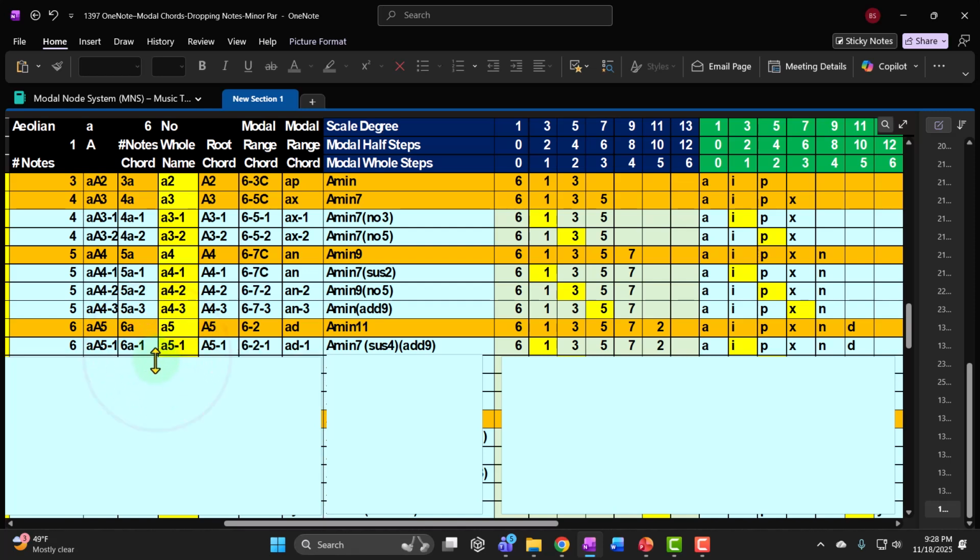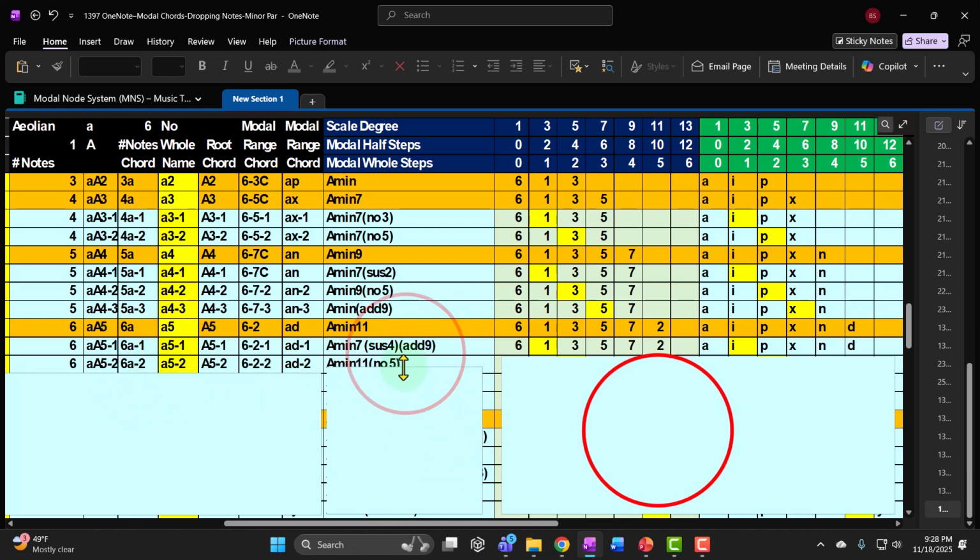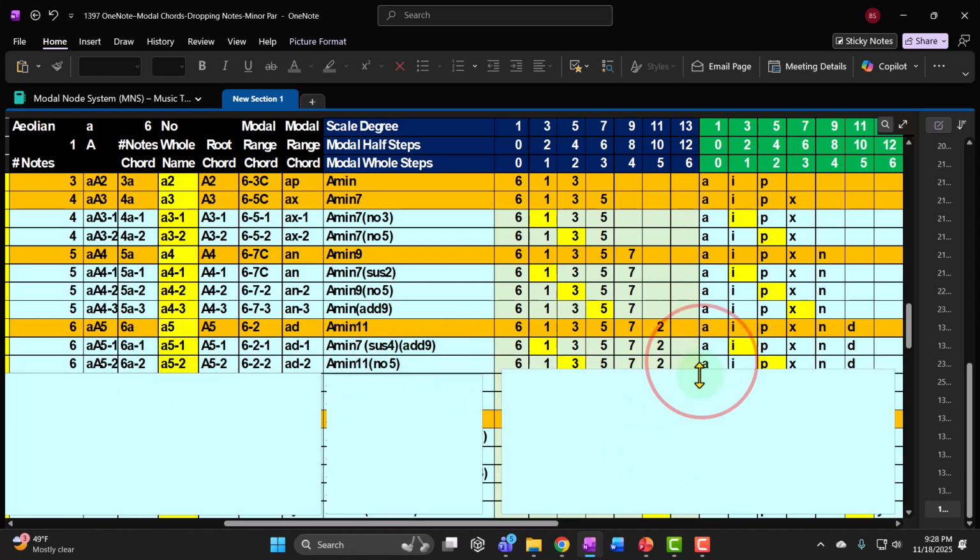It's just measuring the distance using standardized measurements. Metric system here, people. Although I'm in America, I don't really use the metric system. But in principle, I get the standardization. It should be standard. So then, if you drop the 5, it would be an A minor 11,